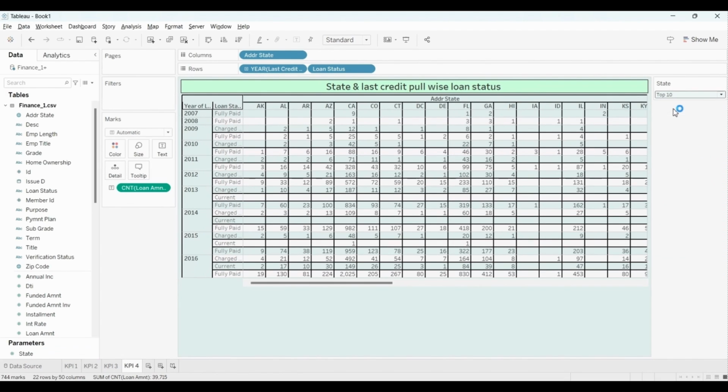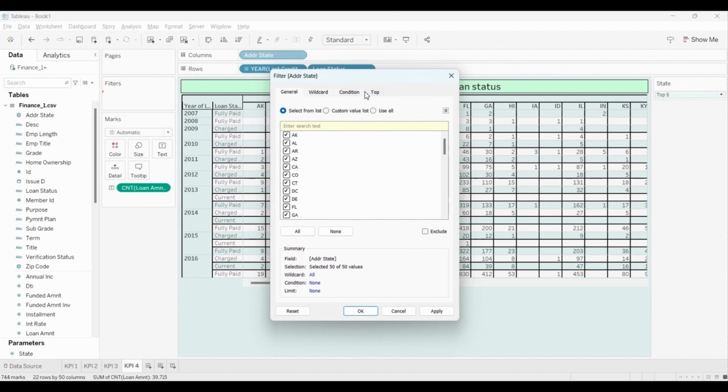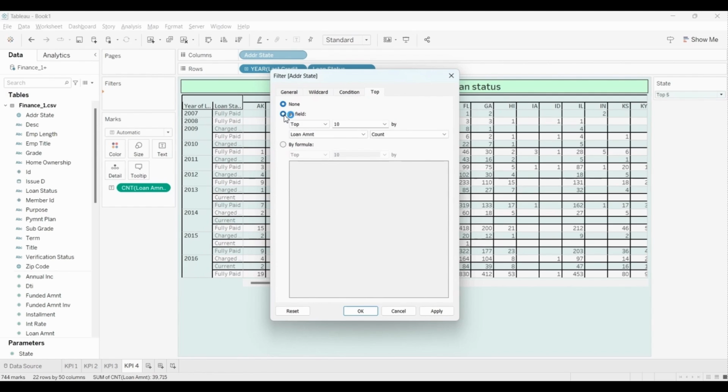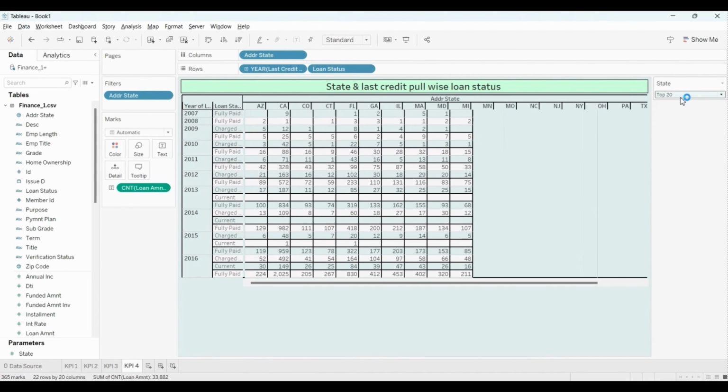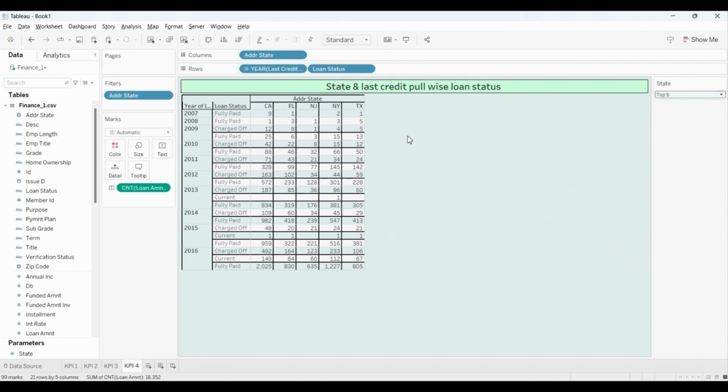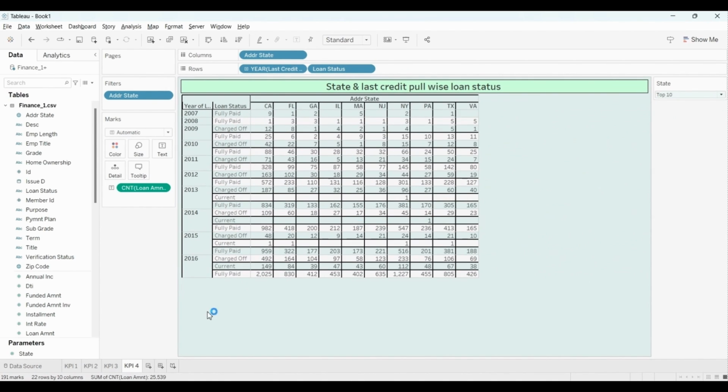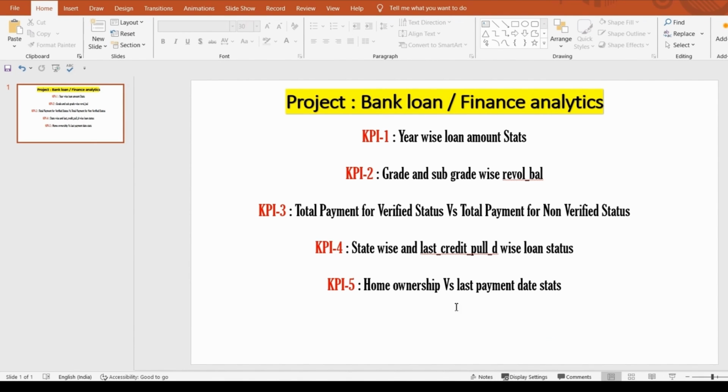So like that you can use it. The parameter is not active, so I will drag this state into the filter, go to the top, and by field from here I will select the parameter which I have created. Apply and OK. So you will see your whole chart will change according to your parameter. As you can see here, it is changing according to our parameter. All right, let's move on to another KPI,